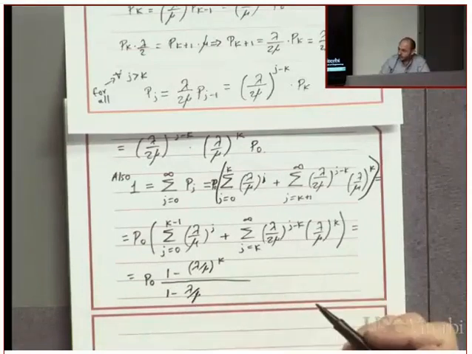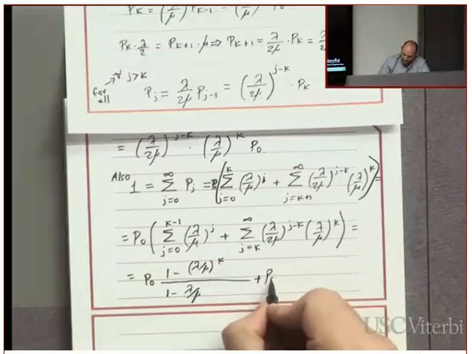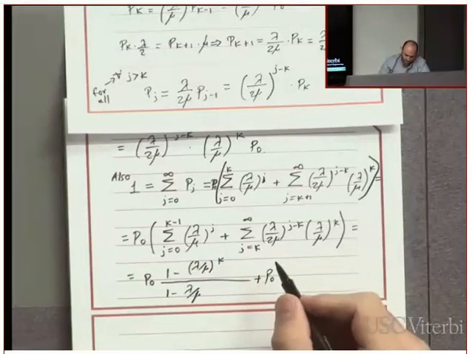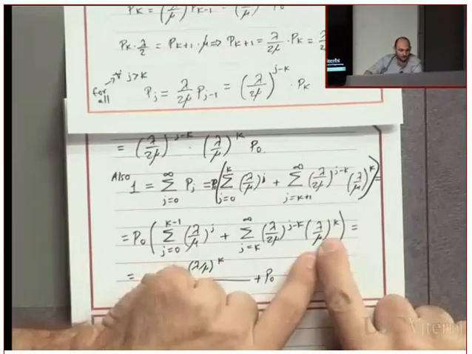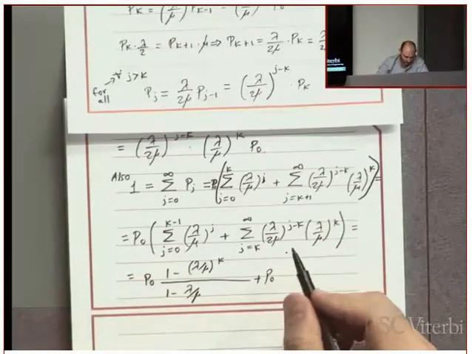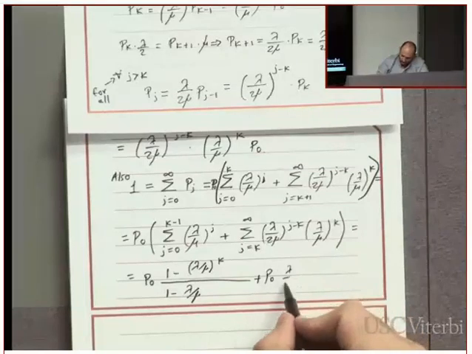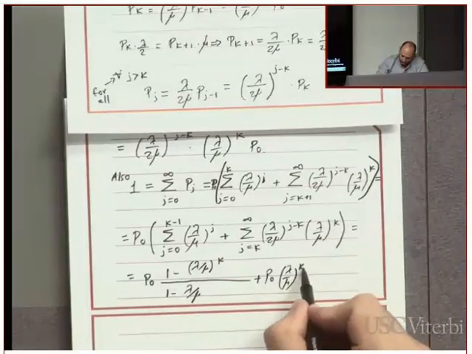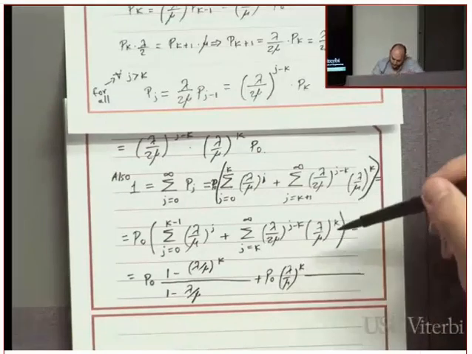Perfect. One term. Very well. And then we have the other term. This is independent of the summation. Do you agree with that? It's to the power of k. It's independent. It's constant for us. So this goes out and it becomes lambda over mu to the power of k, and then we have the other geometric series, which is, let's see,